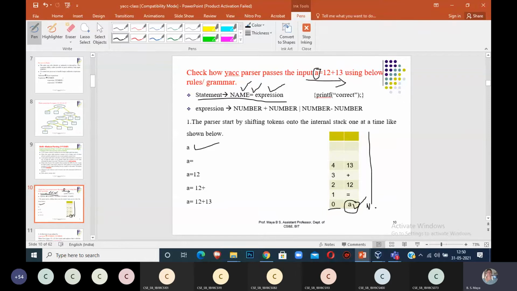For only name in the stack, can you replace it with statement? No, it's not possible, because we need all 3 symbols before replacing with the head of the production, statement. Then what to do? We start computing for the next input symbol. I am scanning the next input symbol. What is the next input symbol?